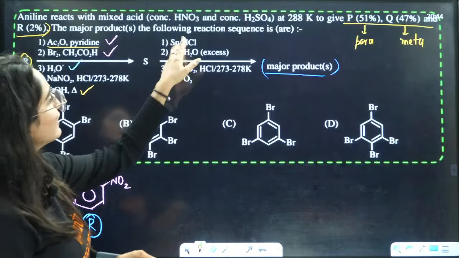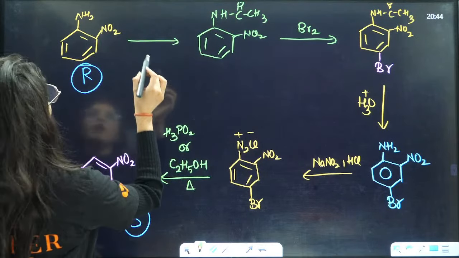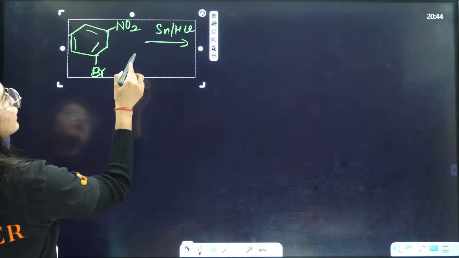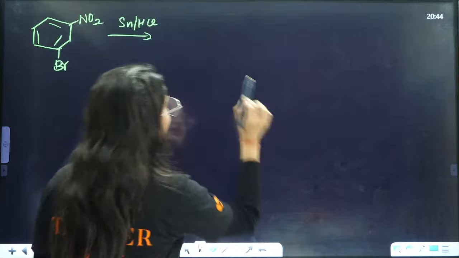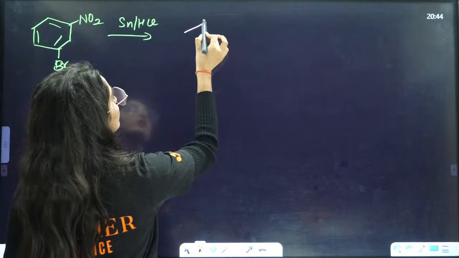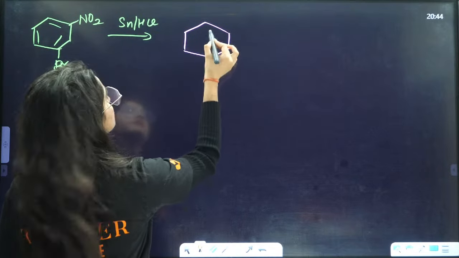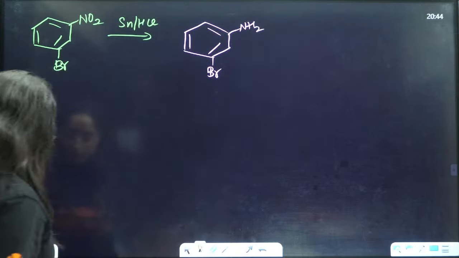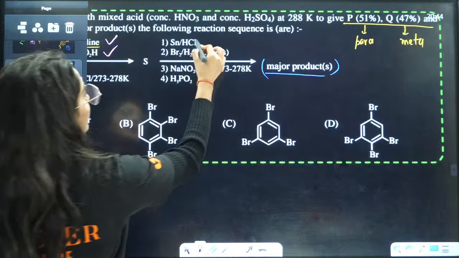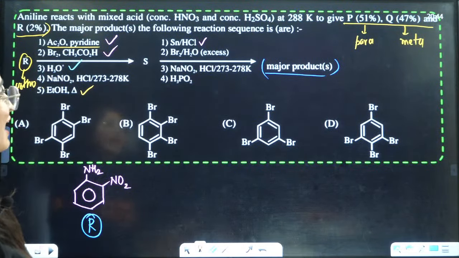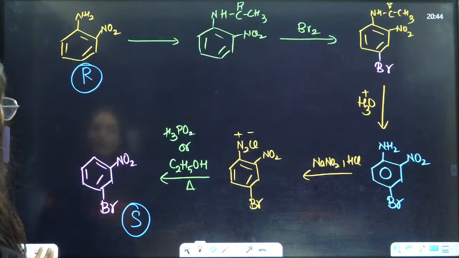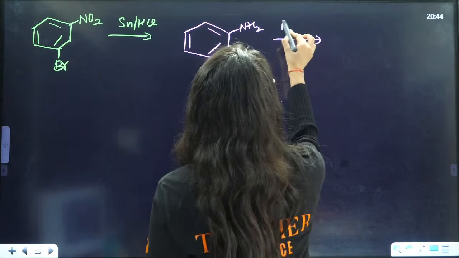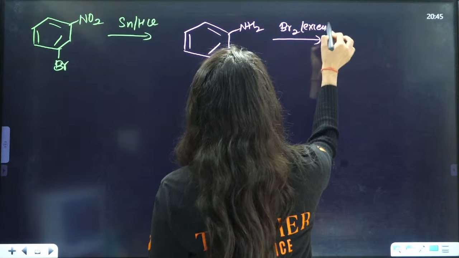Now, we are adding tin HCl. Can you tell me after adding tin, what will happen? We know that it will reduce the NO2 group. Guys, the reactions are very simple. It's just that it's lengthy. It's not a difficult or complex question. It's just a very lengthy question. This is Br, and NO2 is converted to NH2. After this, what will we do? This step is done. After this, Br2 and water in excess. In excess, you are adding Br2 and water, so this goes to ortho and para positions. In excess, we know that NH2